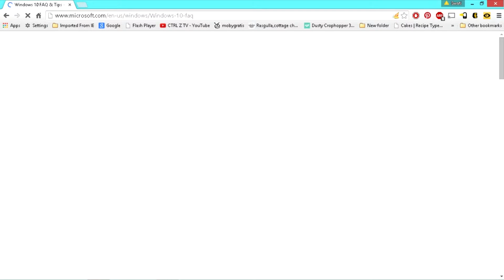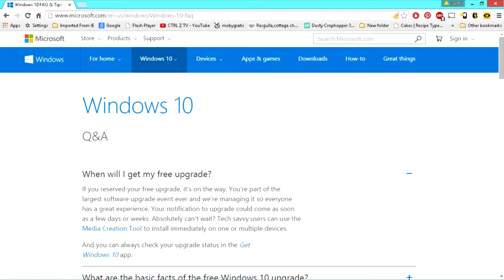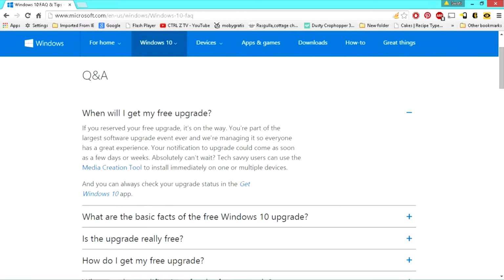and the first question I think on this site is how do I get Windows, or how will I get my free upgrade. Here it talks about getting the Windows 10 app as well as the media creation tool. So we're talking about the media creation tool. What it is, is a standalone method for upgrading to Windows 10. So let's go do that,